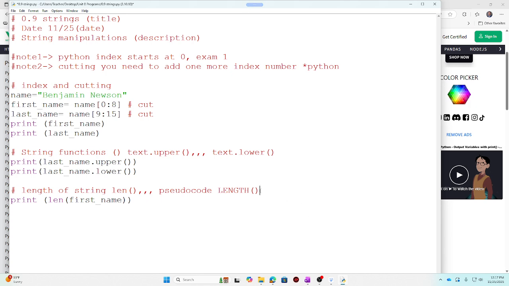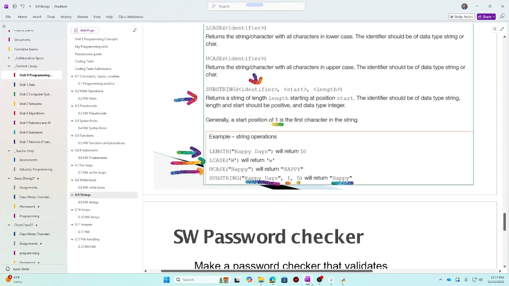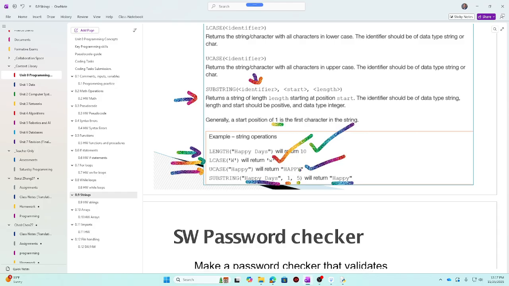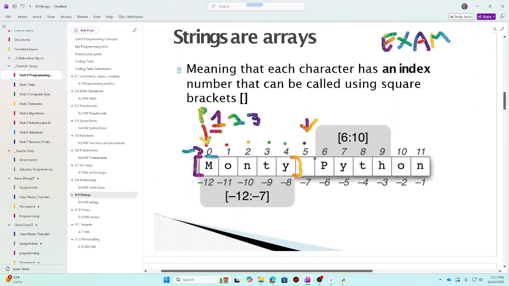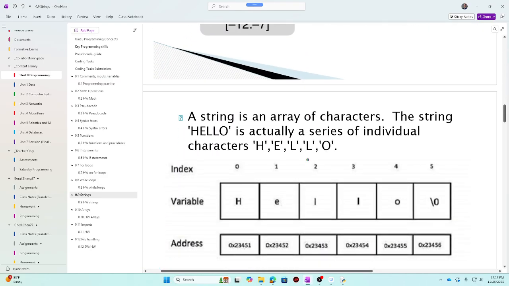Anything in the bracket will return the string's length. Very important function there. So we know length, done. Lowercase, done. Uppercase, done. And substring, done. Okay, so that is about it where we can cut strings.